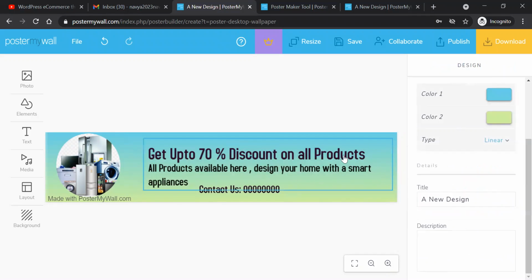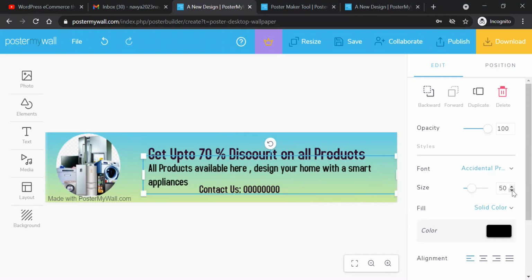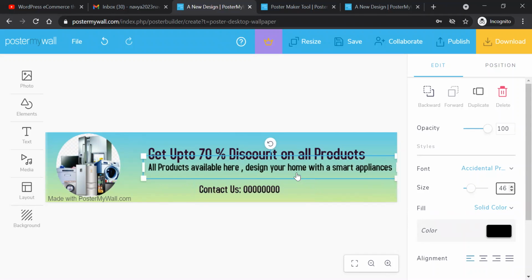Also, you can decrease the size. Let me decrease this.